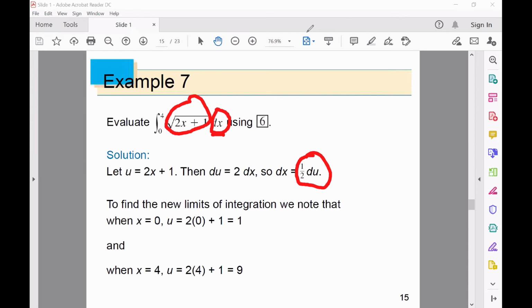What are A and B? What is the bound? A and B are going to change. In the new integral, A will be G of 0 and B will be G of 4. Okay, is G of 0, in green, clear or not clear? Clear, Doctor. G of 0, because here it was 0, doesn't change.